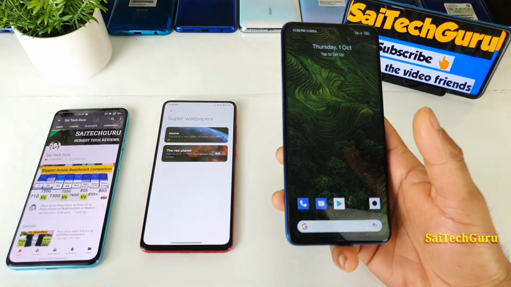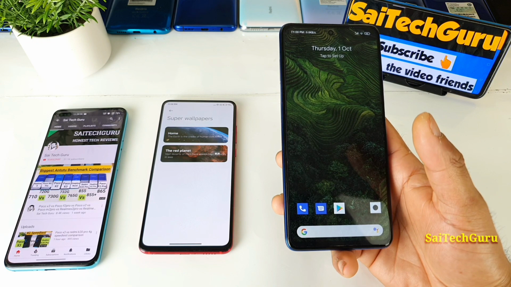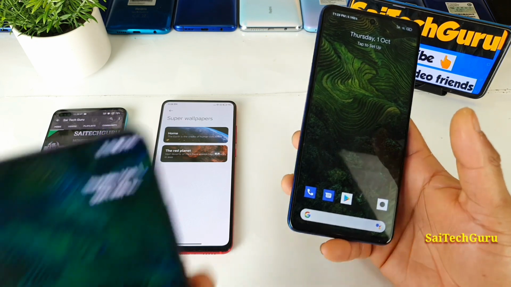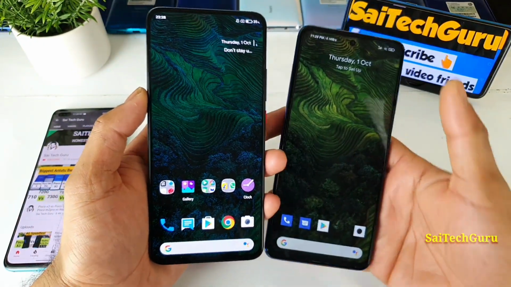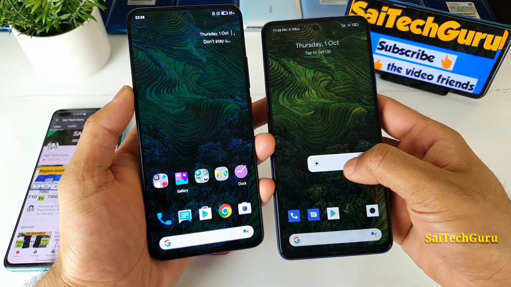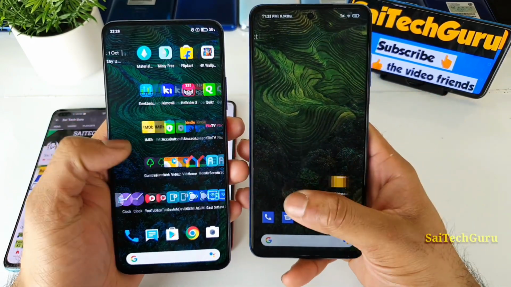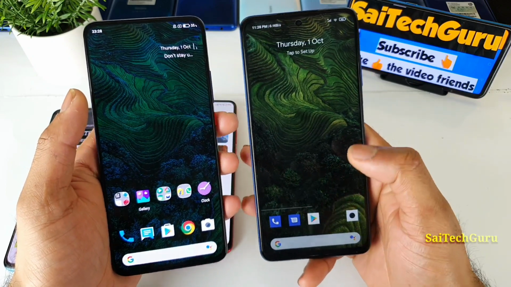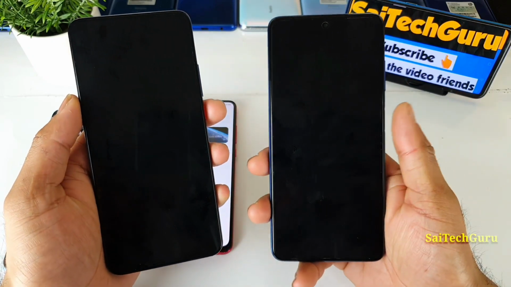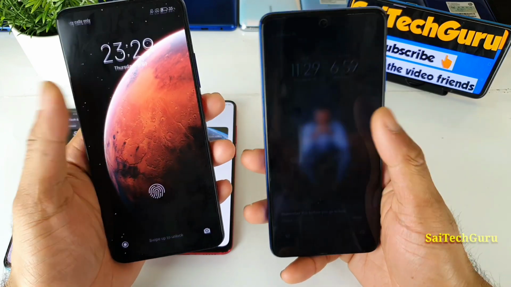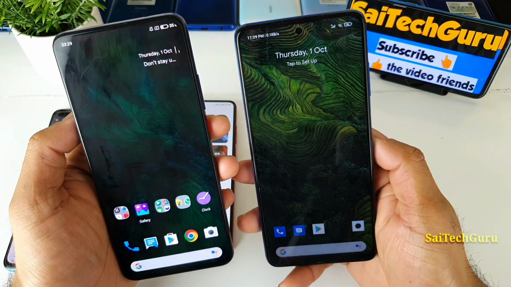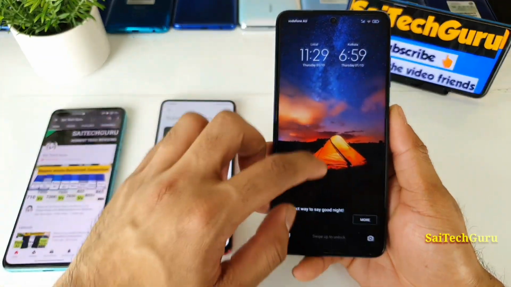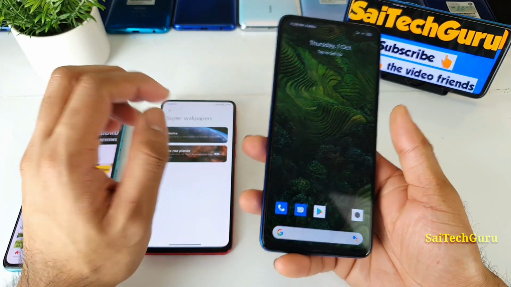Let me try to demonstrate on the other smartphone I have here. So here is a Poco F2 Pro smartphone. Let me bring it close. As you can see, friends. Let me increase the brightness slightly here, so you can compare both phones side by side, how it looks in terms of the animations and everything. Let me lock the screen and open the phone. As you can see that animation, whenever you unlock the smartphone, you get this very good animation effect if you're using this kind of live wallpapers.